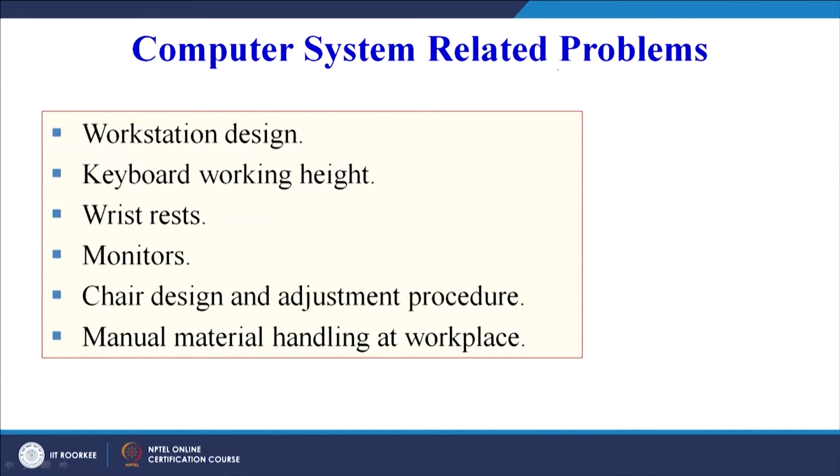So, easily we can take into account what must be the elbow height, where the keyboard must be placed, how the mouse must be designed, where the screen must be, whether the screen must be tilting forward or backward or at an angle. So, if we are able to design this interaction, such type of problems can easily be avoided. So, let us see now computer system related issues. Maybe I must not say problems here, but we must say the opportunities here, that what are the opportunities of designing this system.